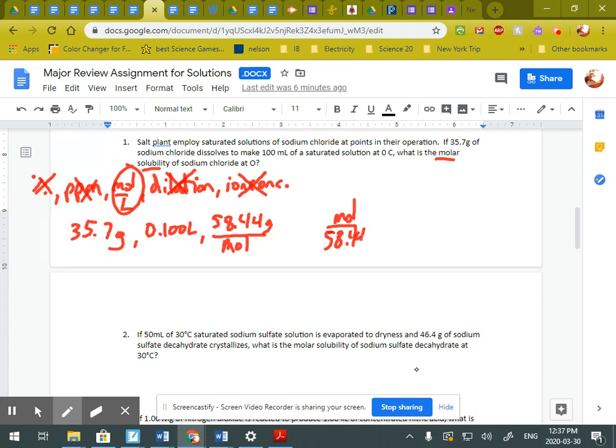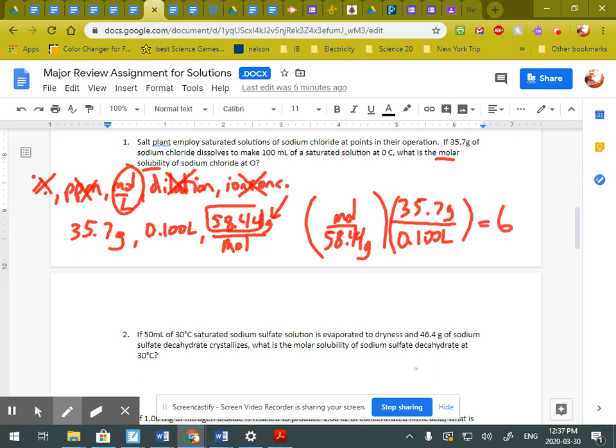I saw a couple of people make some mistakes in the work. When you move grams to the bottom, the number goes with it, right? That goes to the bottom. Okay, cancel out grams. 35.7 grams over 0.1 liters. Okay, so dividing that out, 58.44 times 0.1. Okay, I get 3 sig fig 6.14